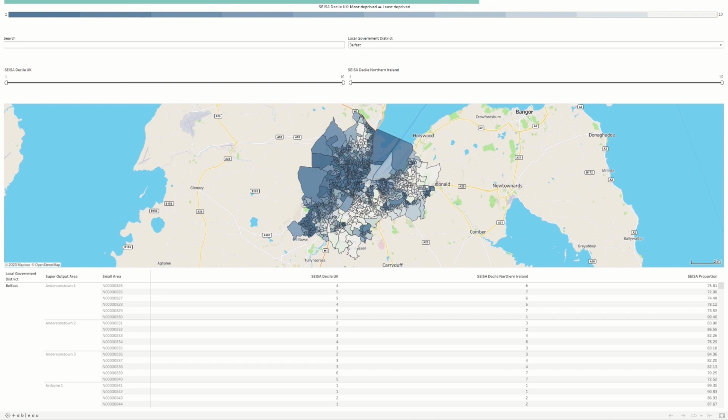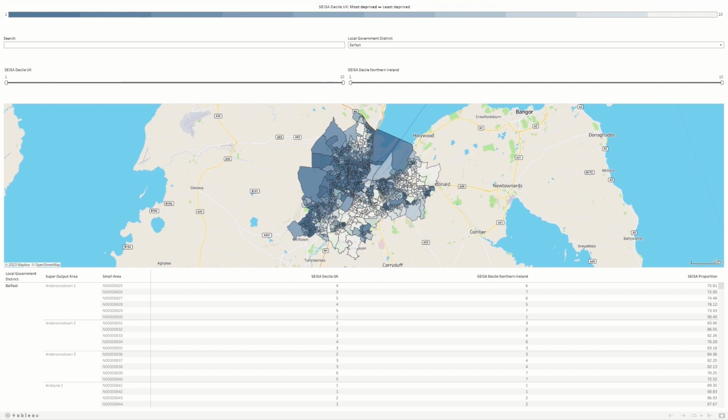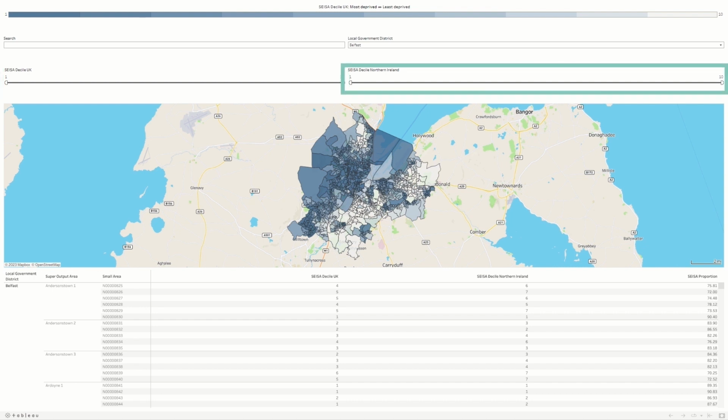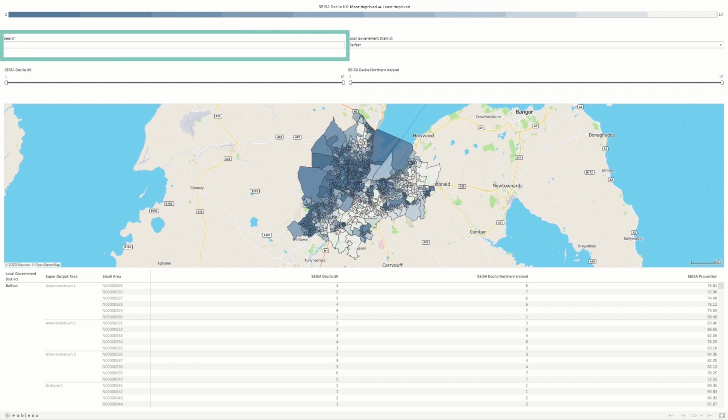There is a colour legend for the map based on the UK-wide CISA decile, a filter for the UK-wide CISA decile, a filter for the country-specific CISA decile, a local government district filter, and a free text search tool.